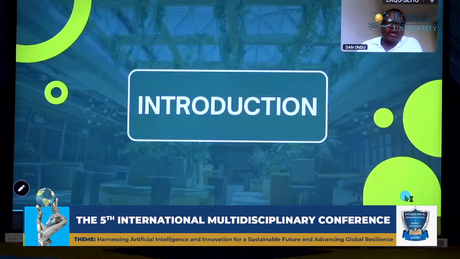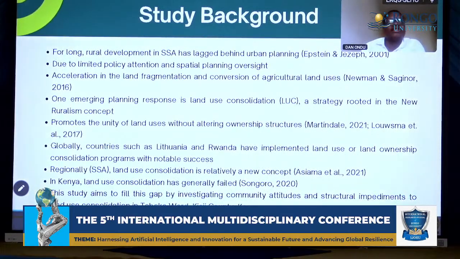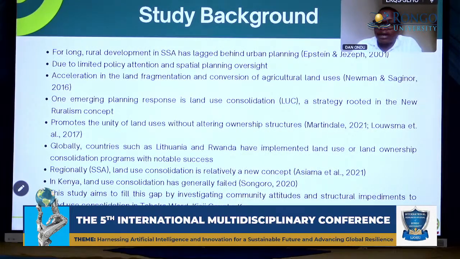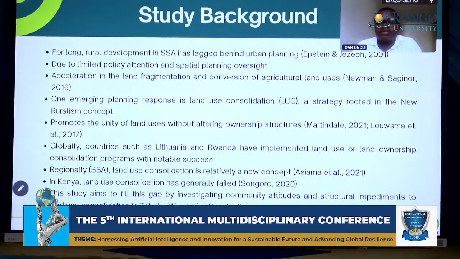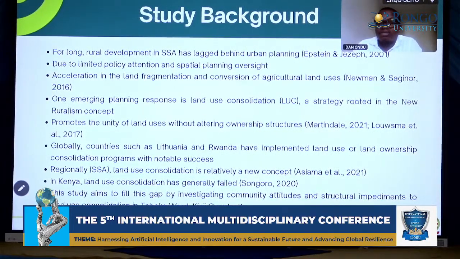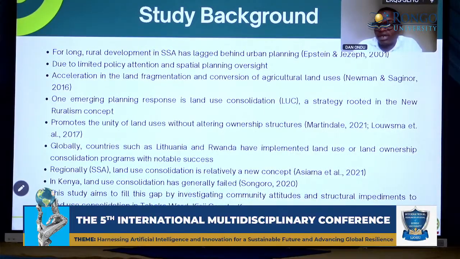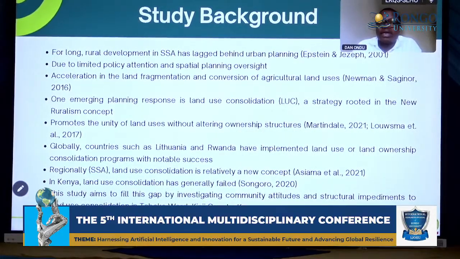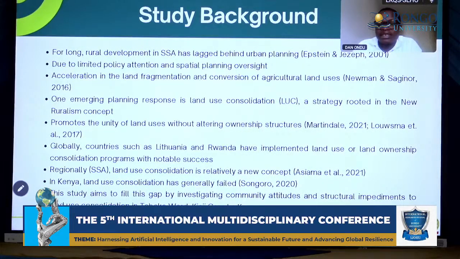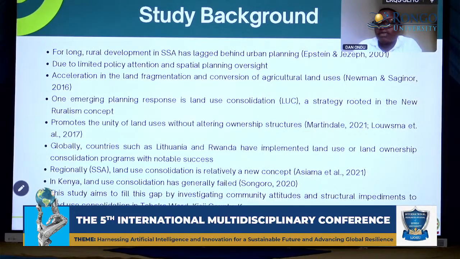As part of the introduction on land use, you find that most rural areas in sub-Saharan Africa have lagged behind in terms of intentional planning compared to urban areas in these regions. There has been limited policy attention given to rural areas, and also there has been spatial oversight in this region. Now, these two major reasons have accelerated land fragmentation and also uncontrolled conversion of agricultural land uses to other abundant